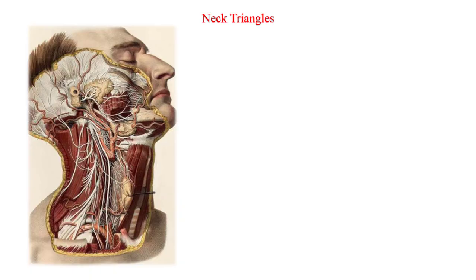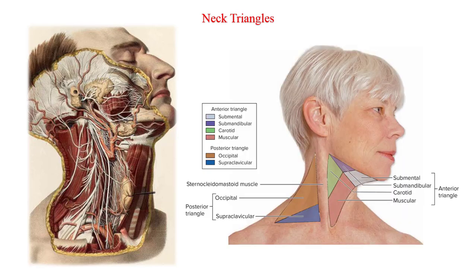As we saw in the previous lecture, despite being a relatively small region, the neck contains a range of important anatomical features. But is there a way to organize and remember all these structures? Well, fortunately there is. And now we are going to be exploring just that as we learn about the triangles